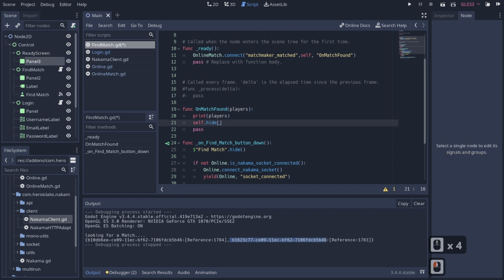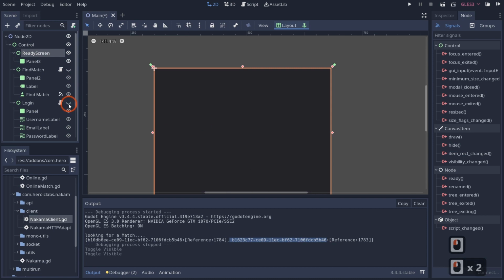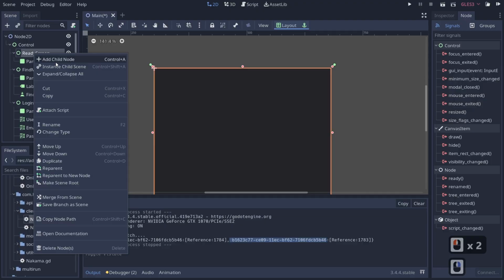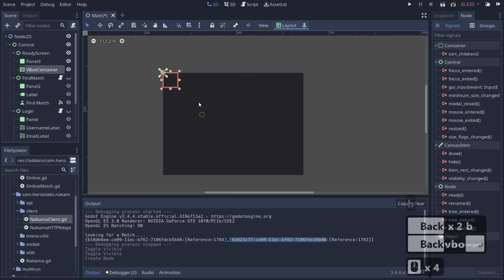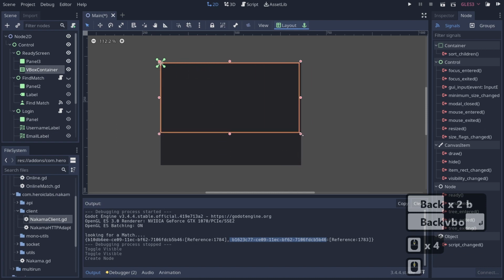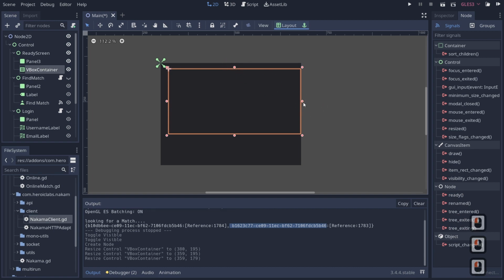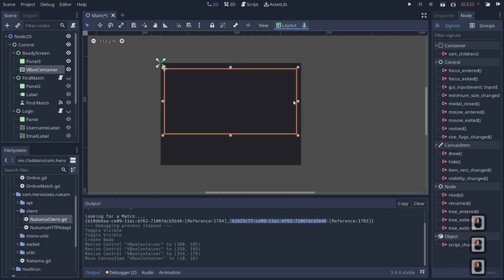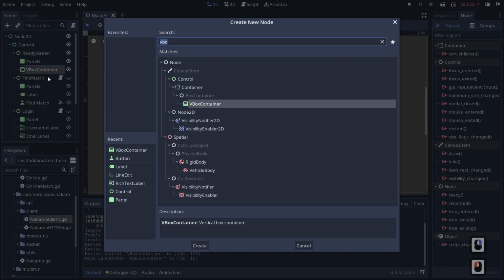Now, our ready screen is going to need to be designed to handle all of the players that show up. So what we'll do is we'll go ahead and click on our ready screen. Let's hide these guys. And let's go ahead and right click, add in a child node, and let's add in a VBox container here. What I'm going to do is I'm going to make that about yay big, give or take. I'm not being exactly perfect on this, but we'll just make it about this big, give or take. And then what we're going to do is we're going to right click, add in a child node, add in a